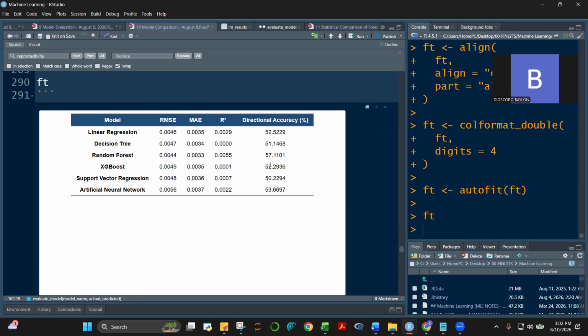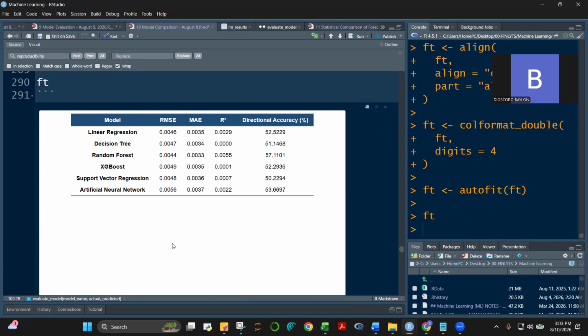So it turns out that parang si random forest so far, sa mga nakita natin dito, siya yung pinakamaganda among all. Consistent siya, no? Consistent among sa RMSE, MAE, R-squared, at saka sa directional accuracy. So, as far as our data is concerned, as far as predicting yung USD PHP returns is concerned, pinakamaganda si random forest. Okay, and alam naman natin, class, na very powerful talaga din si random forest. No?